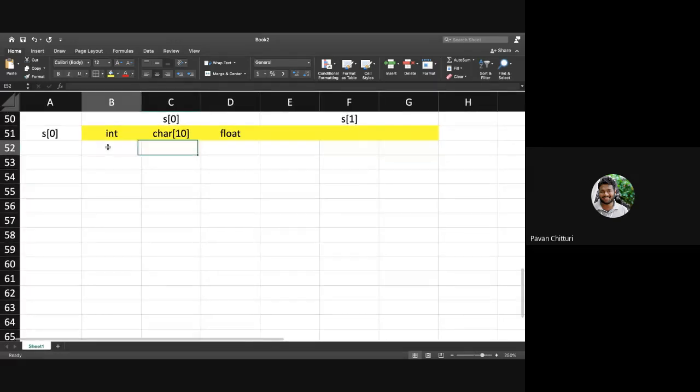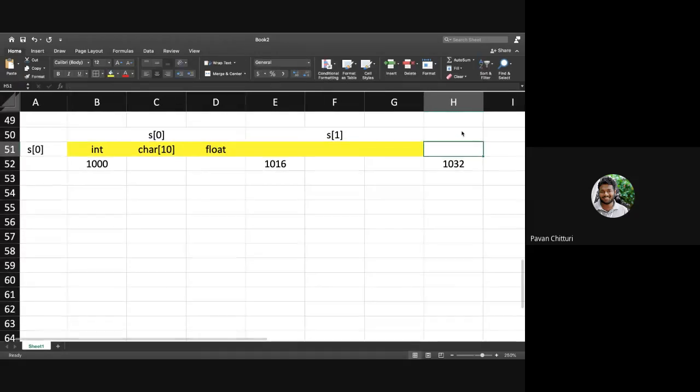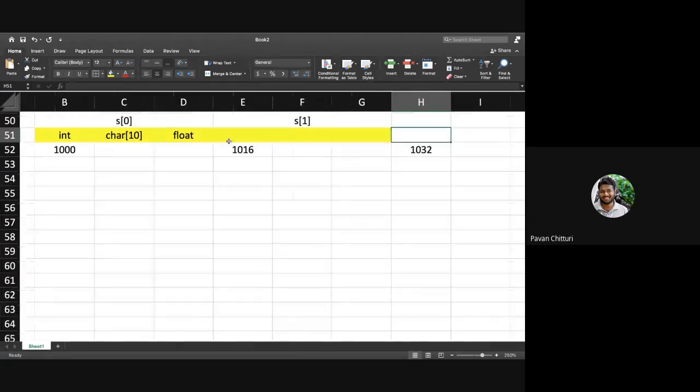If it is 1000, this requires 16 bytes, so this will be 1016, and this will be 1032. This is how array of structures are represented.